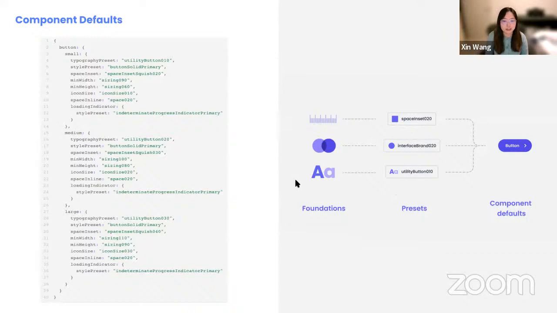So now you might be wondering, you talk about presets, foundations, are they related to your components? Every NewsKit component comes with a default. Based on our research, we made some opinionated decisions about what kind of tokens should be used as a default for this component. Let's look at this example for button. We have 3 different sizes, and within each size, we have a typography style preset, and we have min width, min height defined. So this is how it brings everything together.